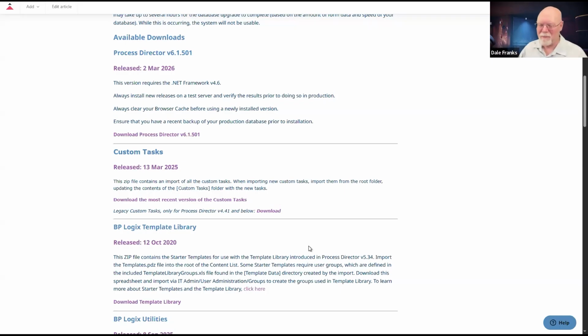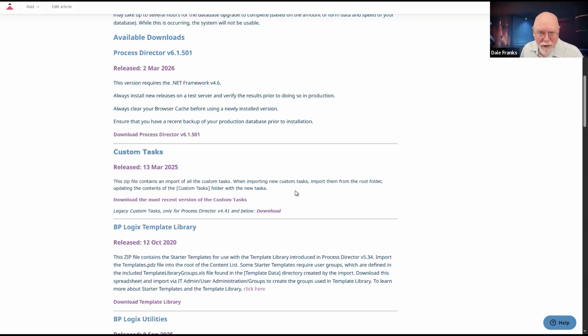So it could just be that I forgot to update that date. But we do release new custom tasks on a not infrequent basis, I would put it. So it's always wise to come and check the custom tasks. And I guess you have to trust me that I know what I'm doing with the release dates, just to ensure that you have the most current version of the custom tasks.